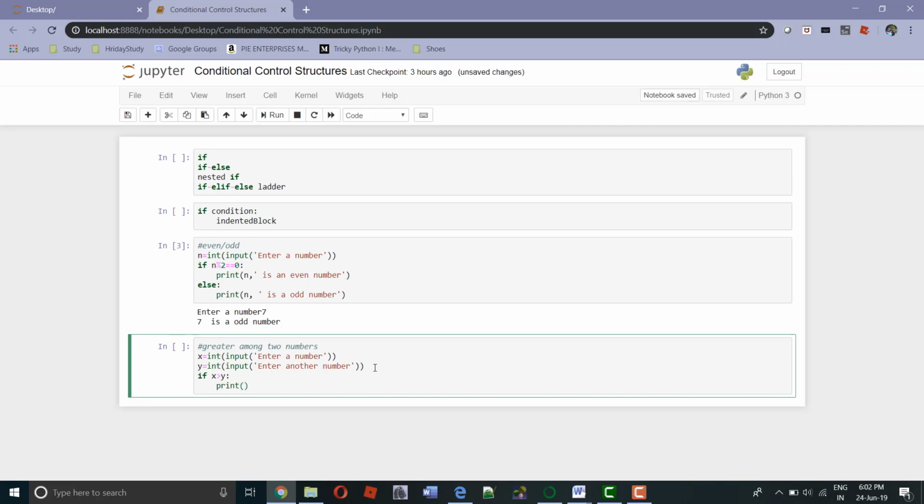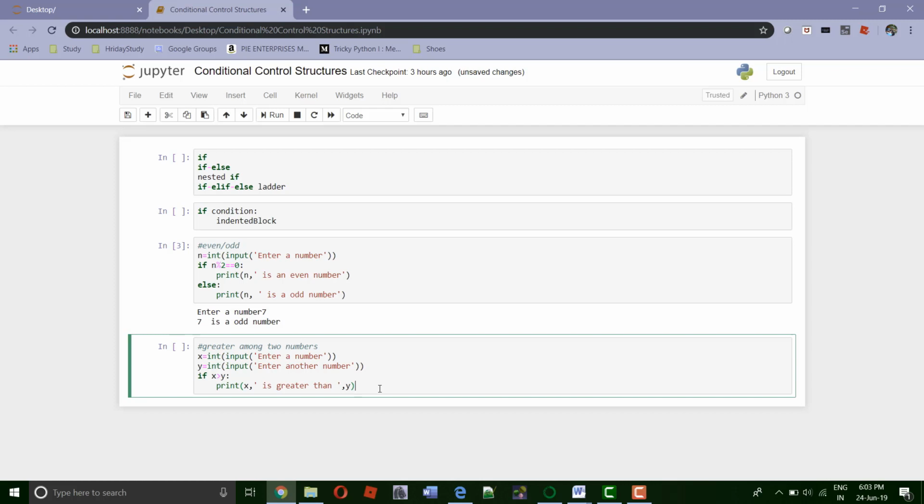I want a message to be displayed that the value of x is greater than the value of y. So we will give x outside the quotes as we want the value of x to be displayed, and then within quotes we will give our message, is greater than, and then we want the value of y to be displayed, so again y will be outside the quotes. Now this statement will be executed if the above condition is true.